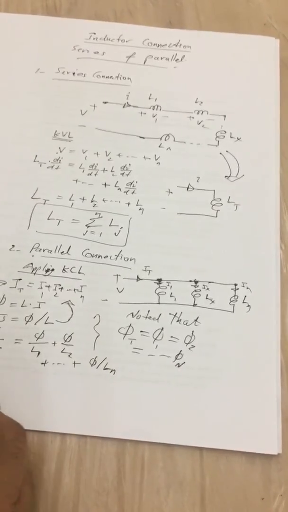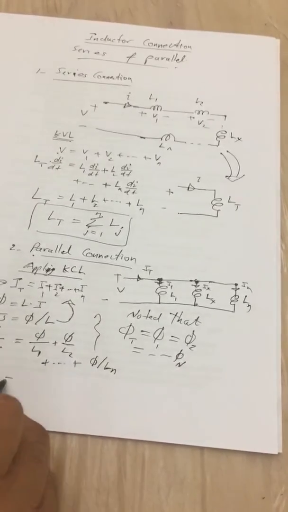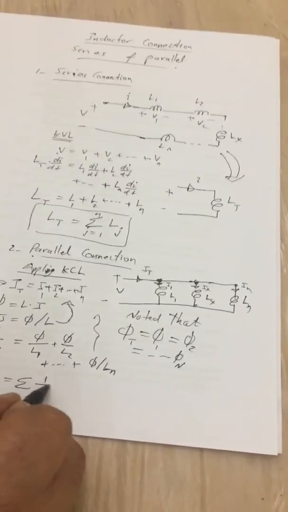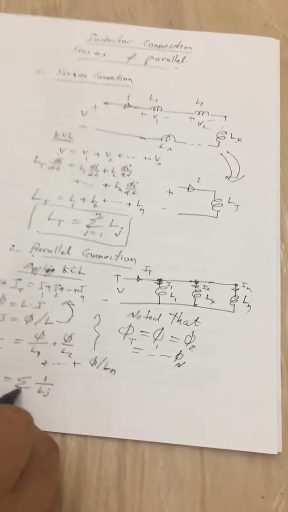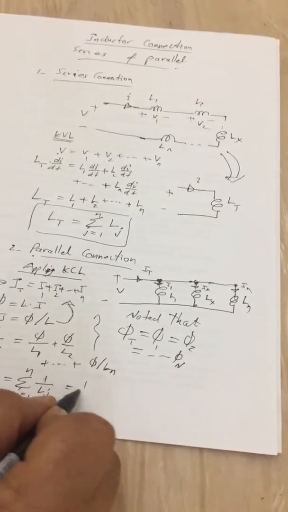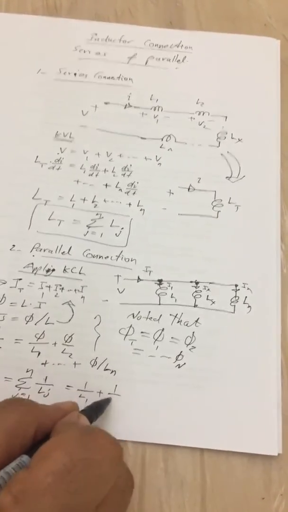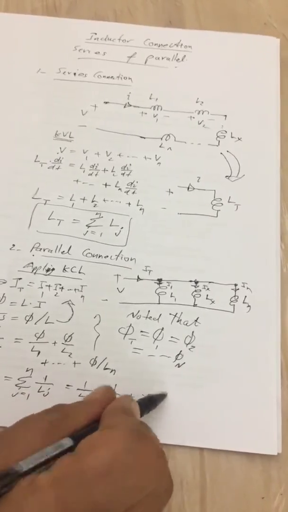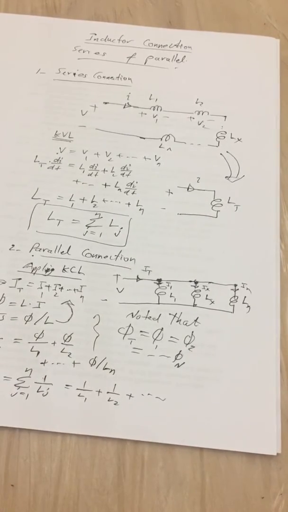So we get 1 over L total equals the sum over 1 over Lj, j equal 1 to n, which is 1 over L1 plus 1 over L2 plus, and so on. Okay? So that's the parallel connection. It's the opposite of the